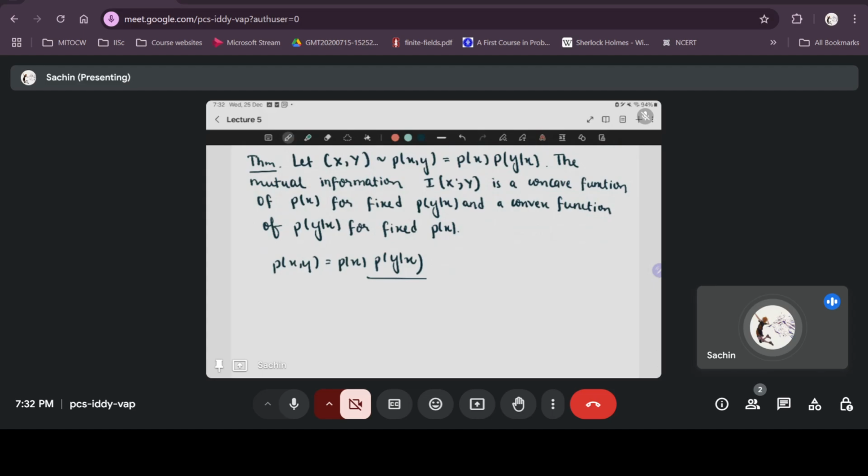So the joint distribution x comma y is now simply a function of the distribution of x. Similarly, if you fix the distribution of x, then the joint distribution of x and y is a function of the conditional distribution y given x. So by fixing, what we mean is that